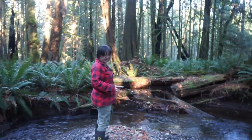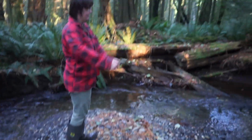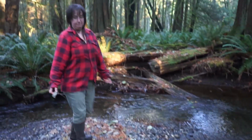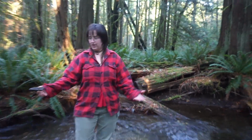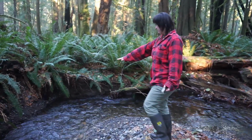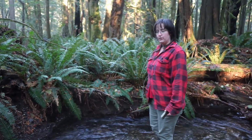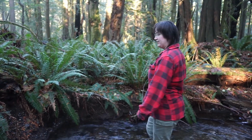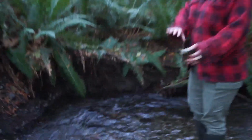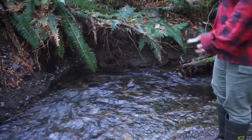This little island wasn't here the last time I was here. It was sort of a spit coming out from there, and I see it's becoming an island now as more water, I guess it's just gotten so high that it's coming around that side too. And this side is carving its way under the bank, you can see. So I suppose this is the typical serpentine river effect, where the more it goes around the corner, the more force there is, and the more it digs out from the bank, and the more serpentine it becomes, twisting through